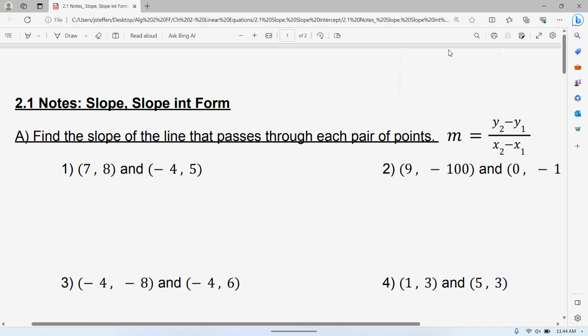So today's lesson is just slope. So the first part is slope. I wrote